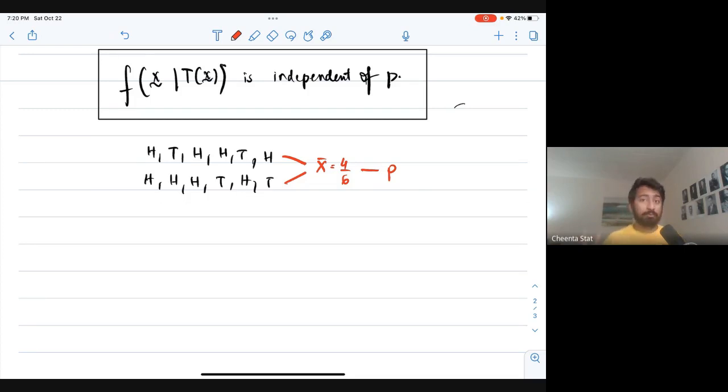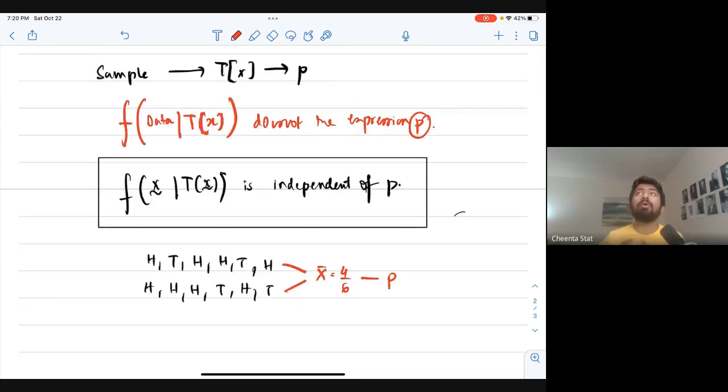Then we will move on to the exponential family, and we'll discover something interesting about that. It will be a beautiful set of lectures. We are so excited for this, and the sufficiency principle is so important to the modern day, in terms of data compression. The idea is very beautiful.